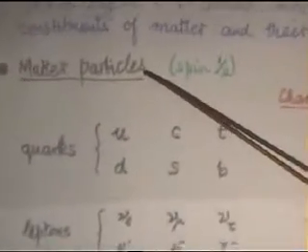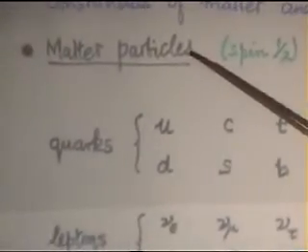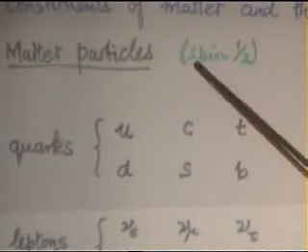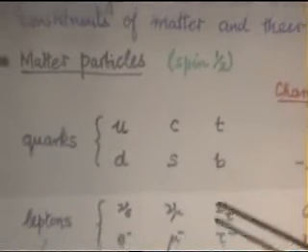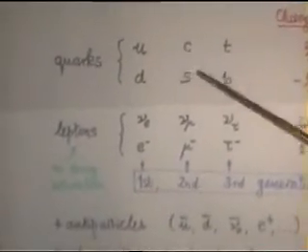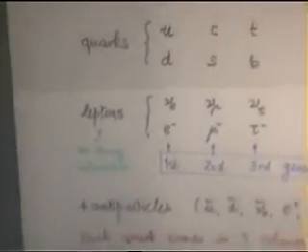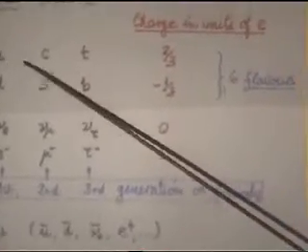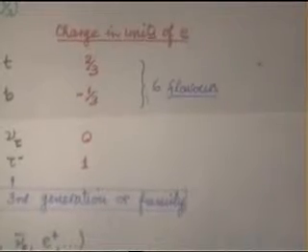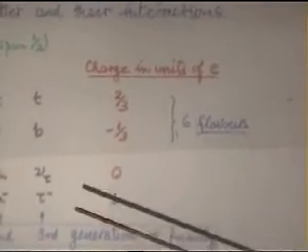Well, at the moment, we believe them to be two types. We call them matter particles and gauge particles. And the matter particles all have spin 1/2. And they come in 6 flavors of quark, up and down, charm and strange, top and bottom. And these 3 here have charge 2/3, and these 3 have charge -1/3 in units of the proton charge, or minus the electron charge. And then we also have 6 leptons,